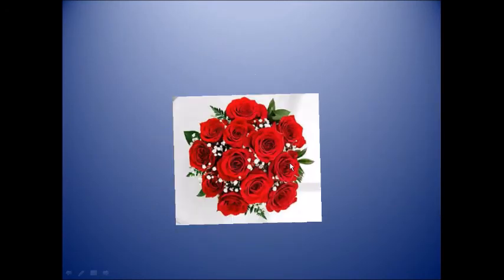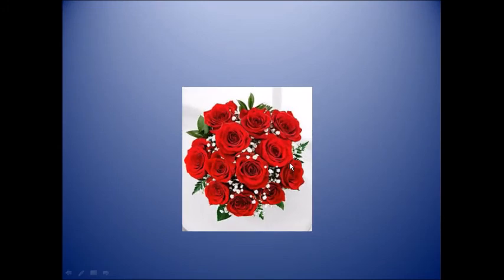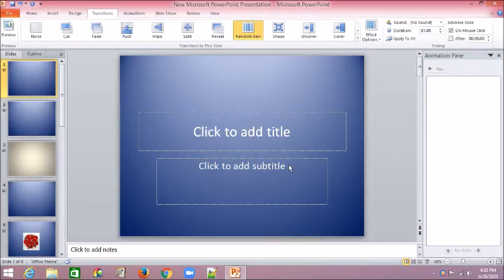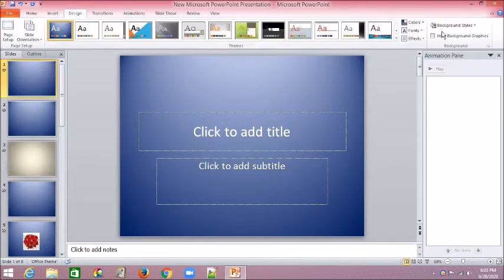And next, see how slides are changing. So this is how we directly have the transitions tab and animations tab in the ribbon, and the design tab is for background